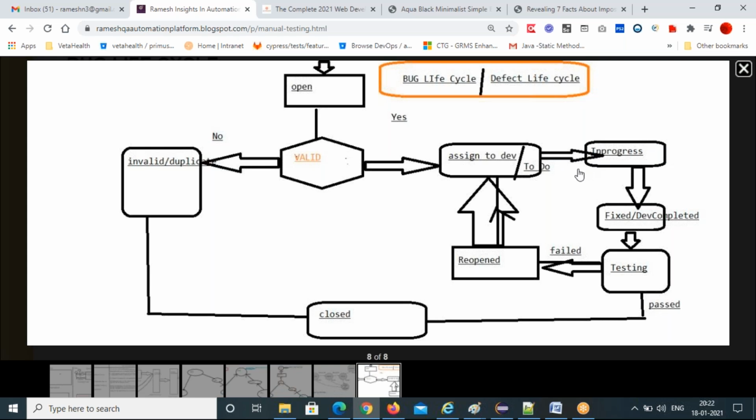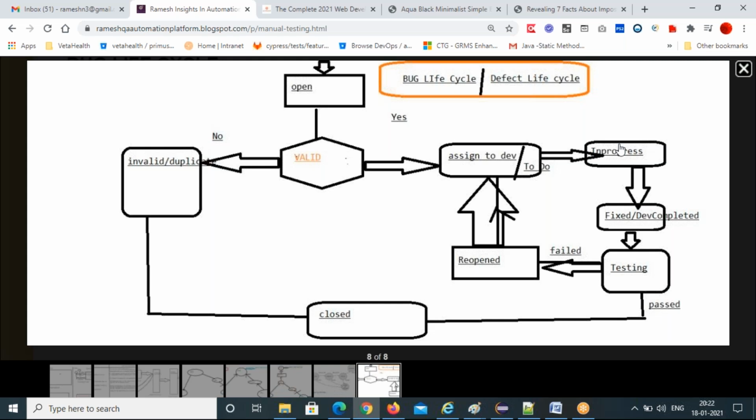So for example, you file a bug and you assign it to me. I'm explaining the Jira bug life cycle here. First it will be in the to-do list. Then it is assigned to you, and they ask you to work on this bug. When I start working on it, I change it to in progress.